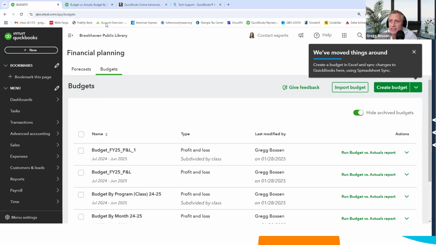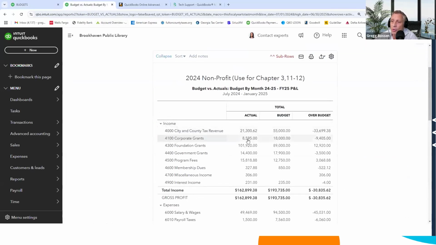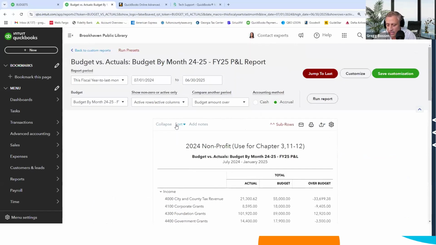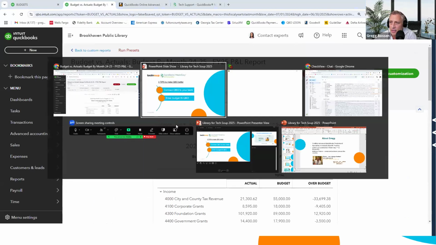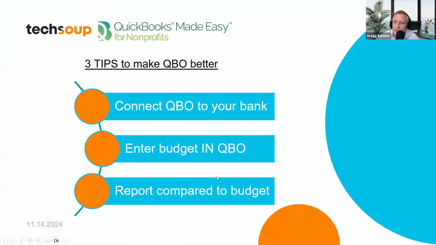When you do that, you're able to very quickly get a budget to actual report out of QuickBooks. So that's another benefit of using QuickBooks Online: not putting your budget in a spreadsheet and then trying to create something for a board, but doing it directly in QuickBooks, and then you'll be able to get a report for the board.